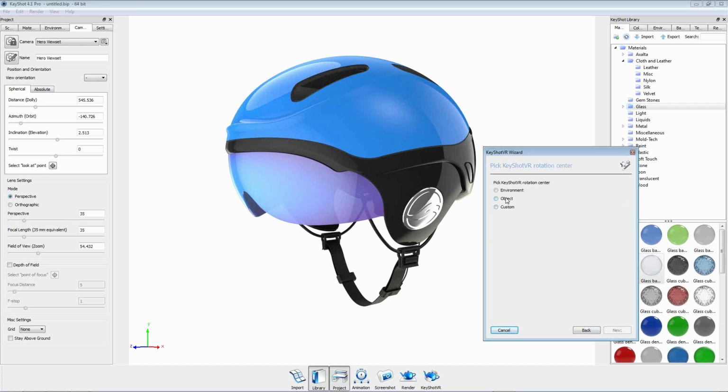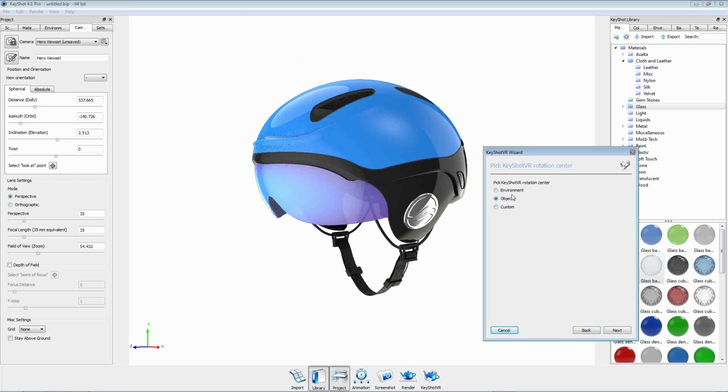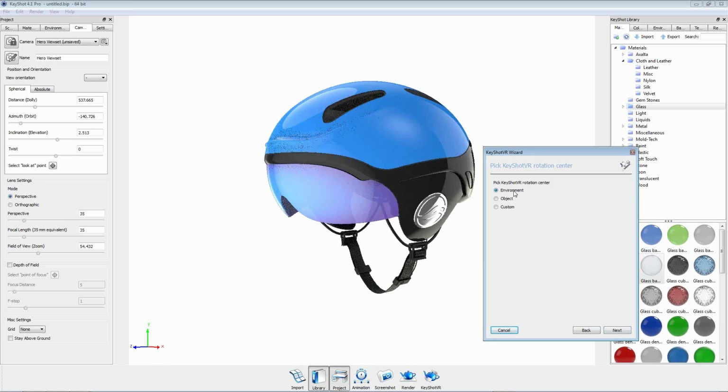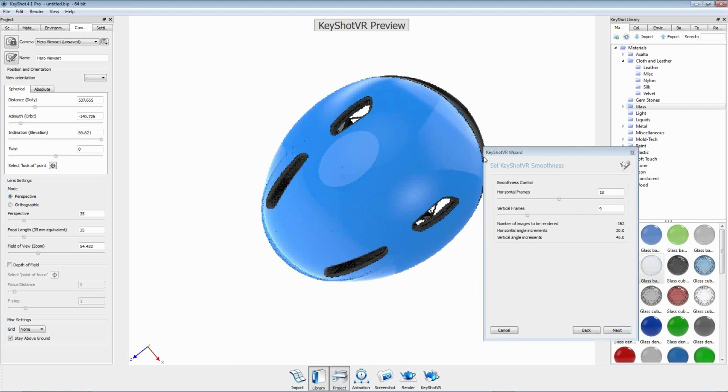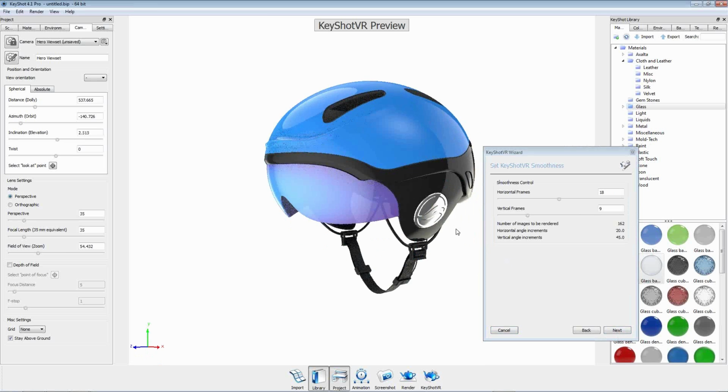So you can just choose the object as our center, or the environment, since I know that I modeled my object on the origin in SOLIDWORKS. Set up our view, then we can preview that view. But in this case, as we preview,